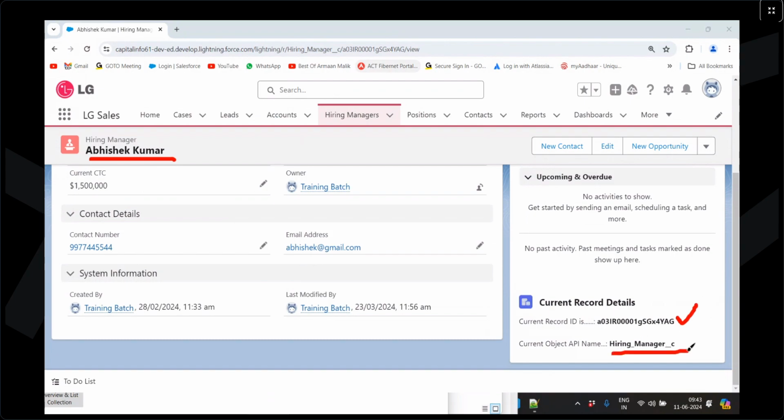So in that case, we no need to write any additional code. We no need to write any code, just with the help of these two properties, the record ID property and the object API name property. These two properties have the built-in functionality to collect the record ID and the object API name automatically by default. So whenever we are performing some operations,